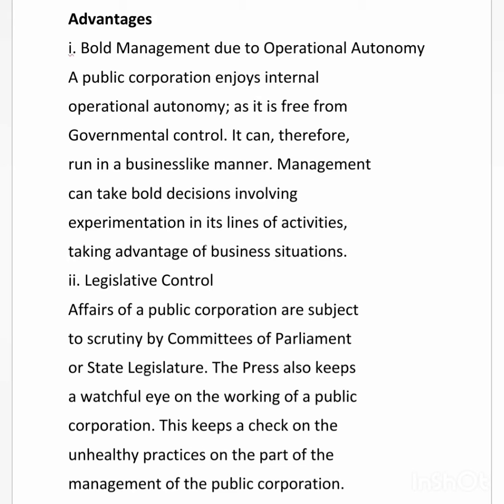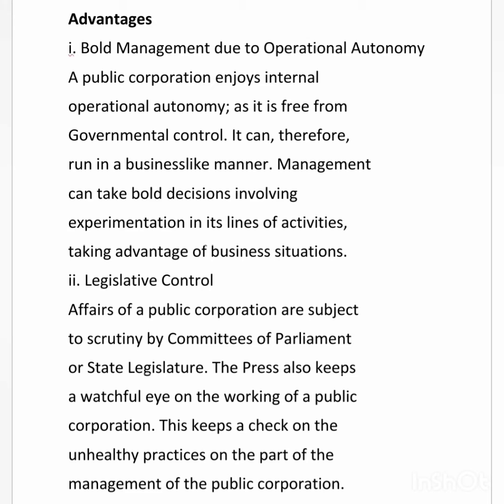Advantages of public corporation. The first advantage is bold management due to operational autonomy. Bold management means effective management is carried on in a public corporation. That is, public corporation enjoys internal operational autonomy, that is, freedom from government control. It can therefore run in a business-like manner, so they can run the business without any control of the government. So management can take bold decisions. Bold decisions means effective decisions without the consultation of other persons or organizations. This is carried on involving experimentation in its lines of activities, taking advantage of